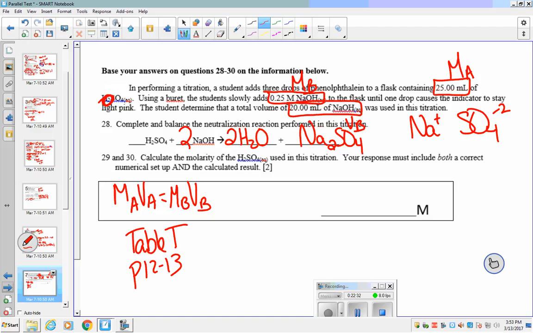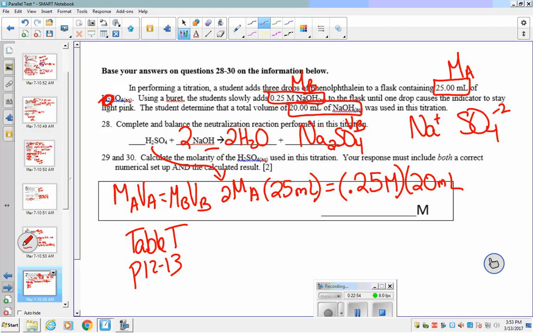So we're going to plug in. We don't know our Ma. That's what we want to solve for. We're going to multiply that by 25 milliliters. And then our Mb times our Vb. Now, NaOH only has 1 OH in it, so we don't need to change anything about that at all. Because of this 2, we need to throw a 2 on our acid side. So what this is going to do for us,